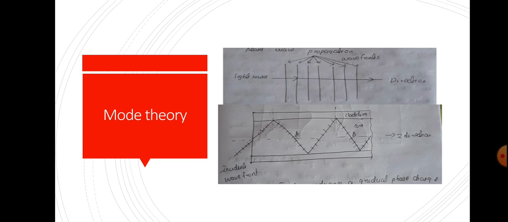And all the wavefronts incident on the fiber at angles less than or equal to the critical angle of light acceptance propagate along the fiber. So it is shown that there is an incident wavefront propagating along the fiber. It is seen that it is totally internally reflected, but you should remember one thing,